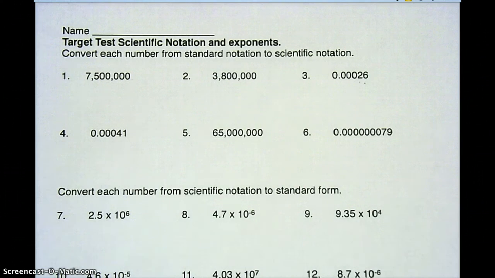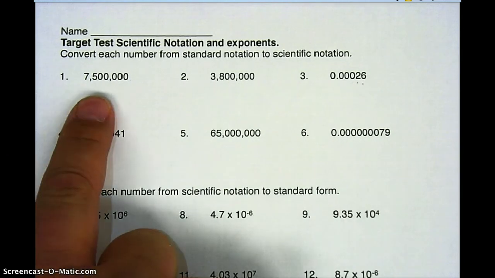This is a video to help you with your target test for scientific notation and exponents. Scientific notation is used to write really big numbers or really small numbers. It's a great tool to use for those. The numbers I have up here are 7,500,000,